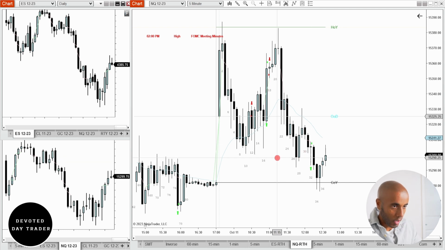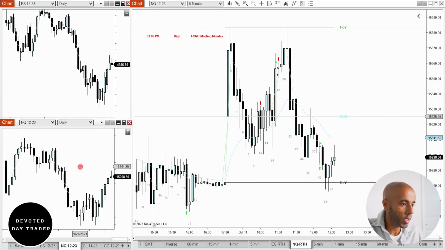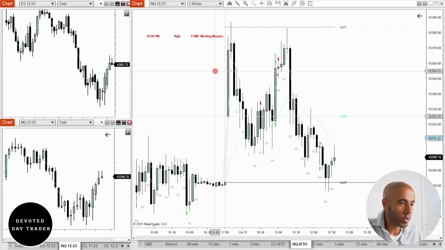The reason that I was short biased today on both NQ and ES is because on the daily, so this is a daily chart of NQ, I noticed that during RTH, the regular trading hours, today's candle, so the second candle of the day, took out the stops that were above this candle. This is yesterday's candle.